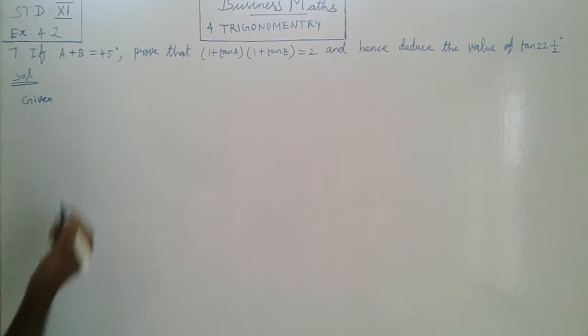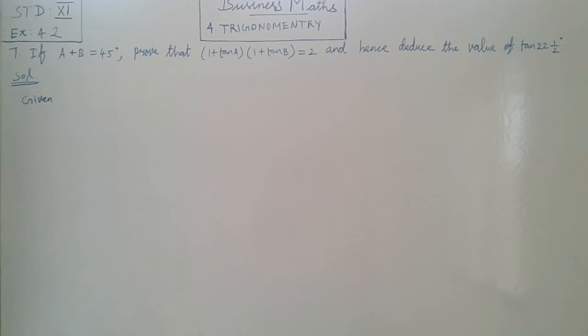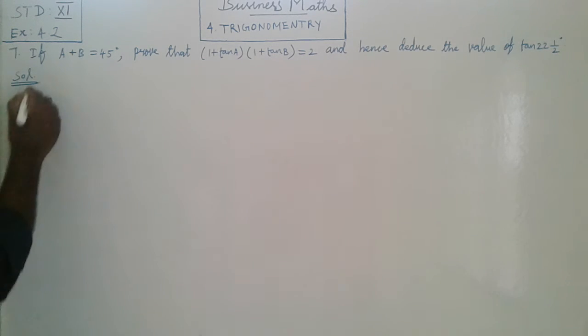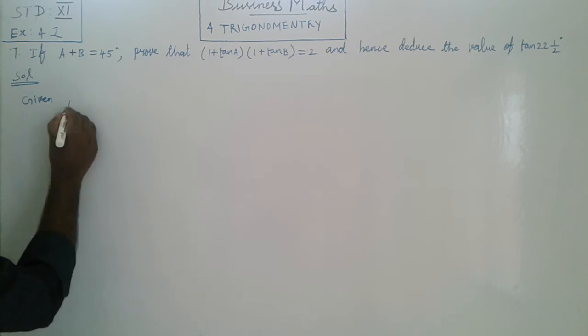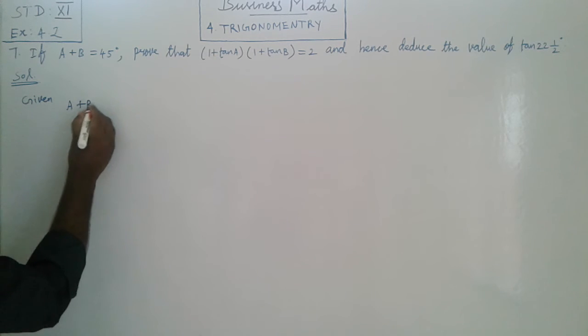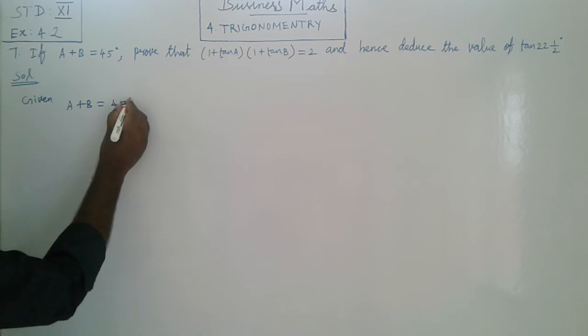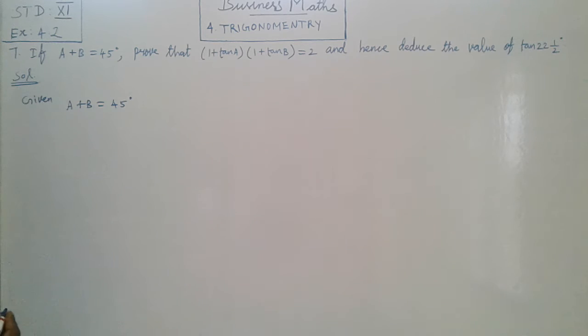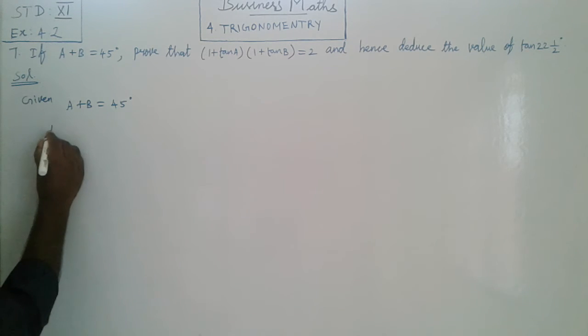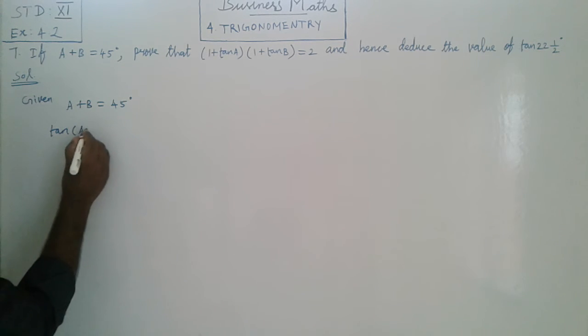Sum: if a plus b equals 45 degrees, prove that (1 plus tan a) into (1 plus tan b) equals 2, and hence deduce the value of tan 22.5 degrees. Solution: given a plus b equals 45 degrees, taking tan on both sides, tan(a plus b) equals